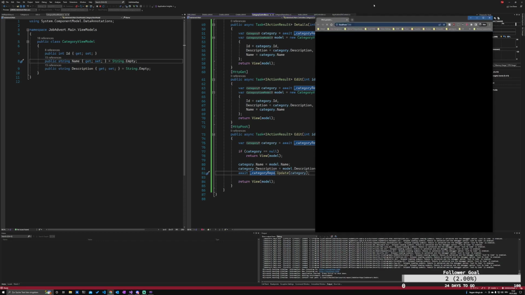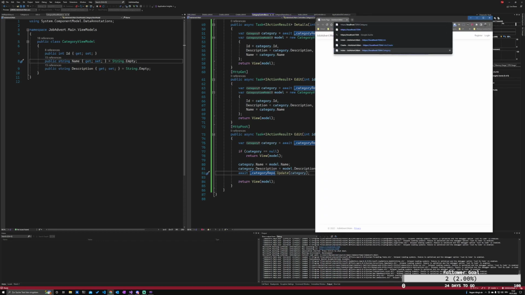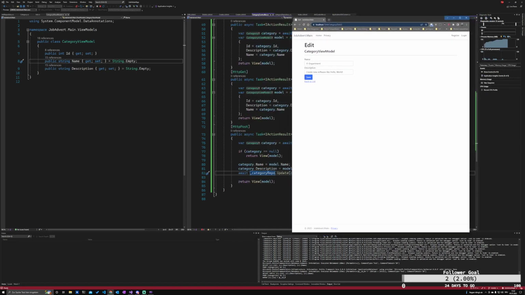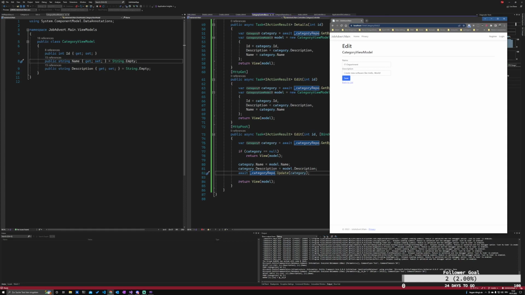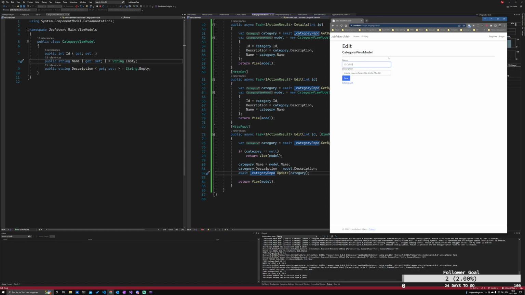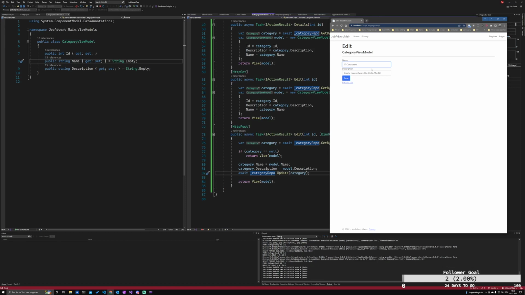Let's modify an entry. Let's take this one, edit. Okay, we can now edit it. We are now inside the HTTP GET, because we pressed the button to edit. It's going to get the information, retrieve it from the database and return it over here so we can modify it. We say it's IT department, let's call it IT consultant, and we say